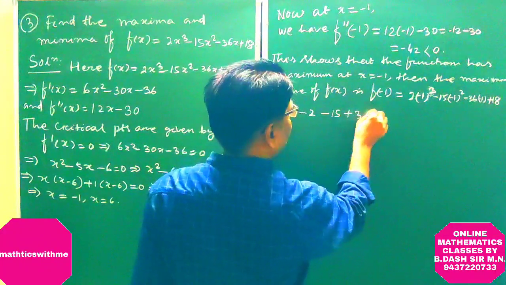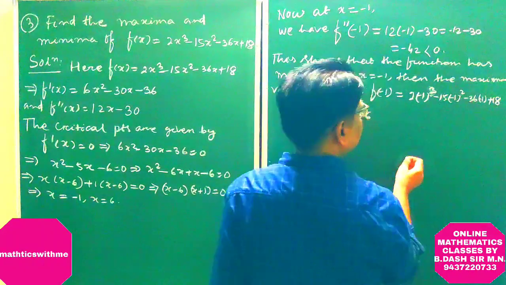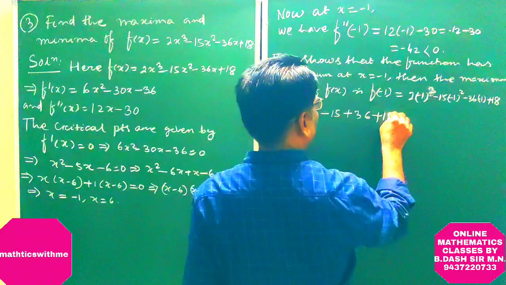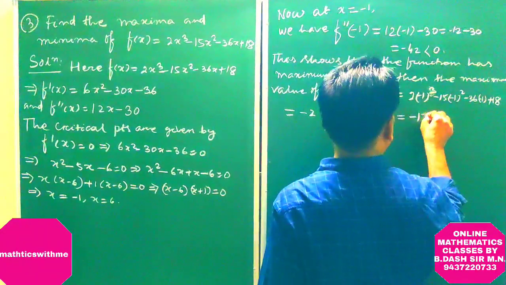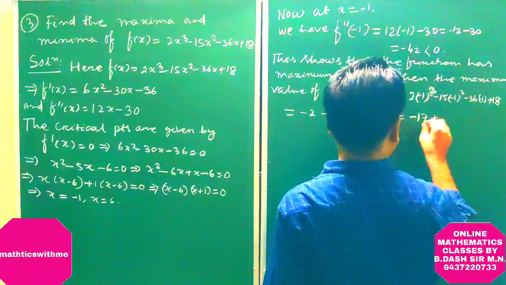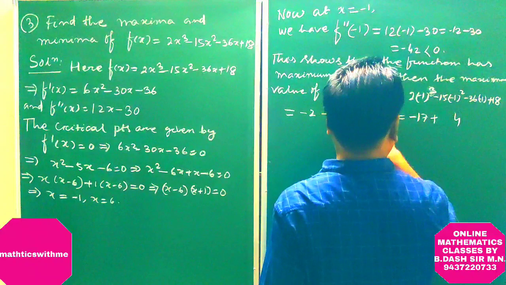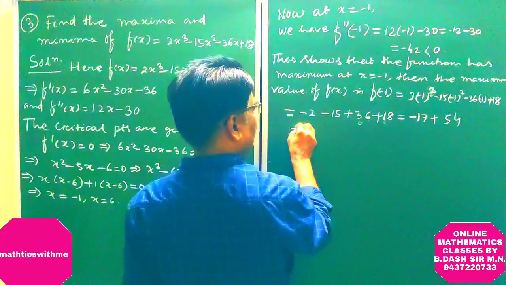This is plus 36. This is minus 1 minus 36. Then plus 18, which is equal to minus 17 plus 54, which is equal to